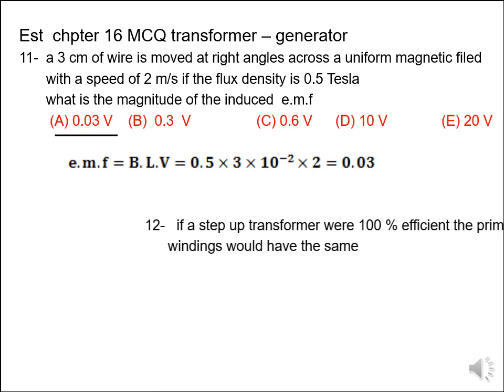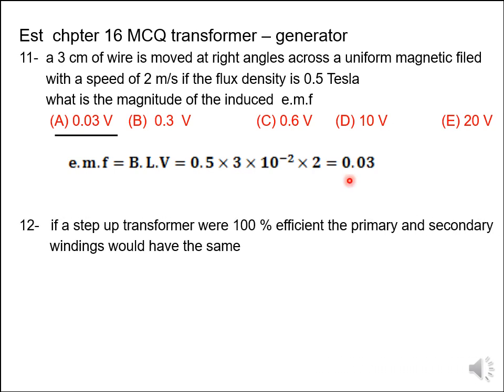Is the choice A. طيب, if a step up transformer were 100% efficient, the primary and secondary windings would have the same. يبقى الefficiency هنا 100%. يبقى primary and secondary coil must have the same. must have the same ايه؟